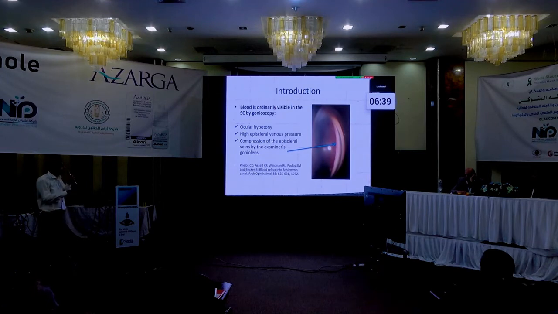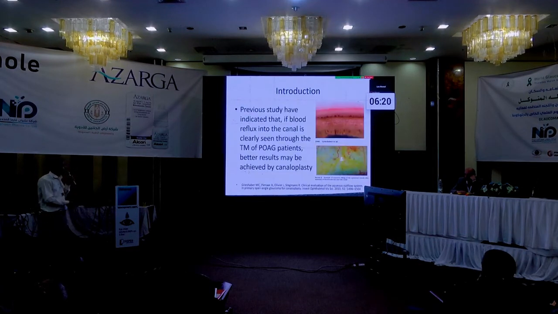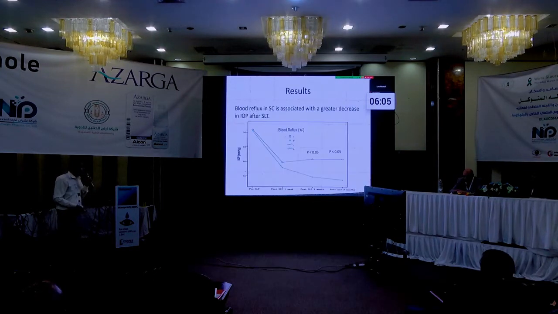blood can be visible in Schlemm's canal on gonioscopy in severe ocular hypotony or high episcleral venous pressure, or in some compression, if the examiner compresses the gonio lens on the episcleral veins. And there is a study that showed better results in canaloplasty in eyes with good blood reflex in the Schlemm's canal. So here comes the idea of our research,